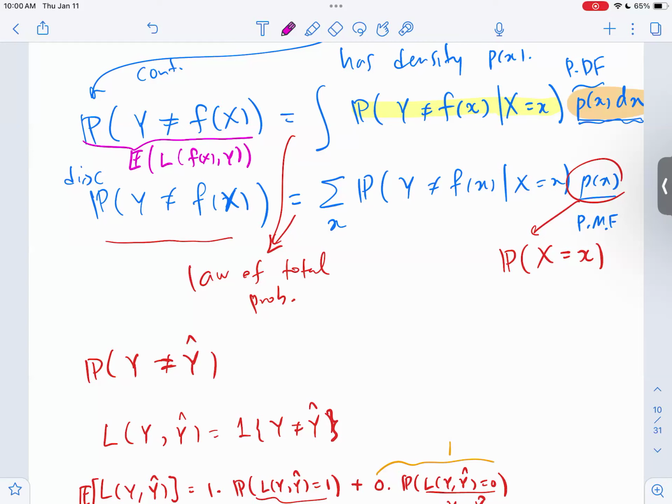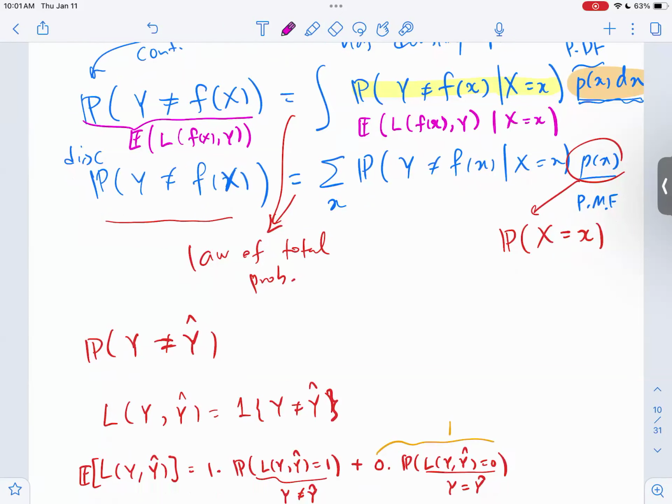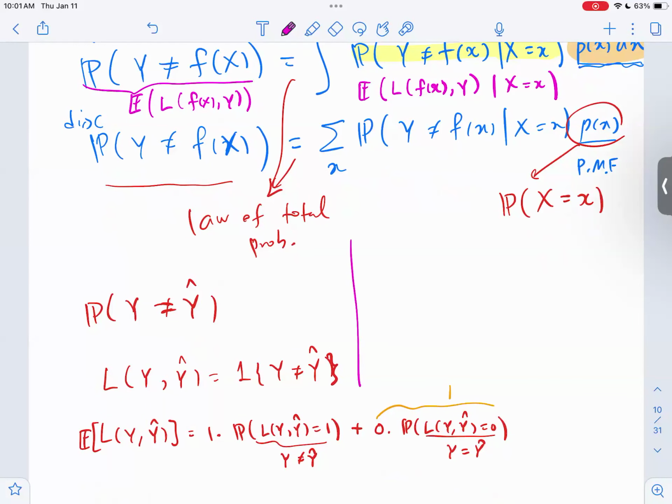So this is that in general, and then the same decomposition applies, the law of total expectation. The expectation of L(f(x), y) is the expectation of the expectation of L(f(x), y) given X equal to x. This still holds, and then I'm going to minimize this quantity. That's like the conditional cost. So the optimal classifier turns out to be